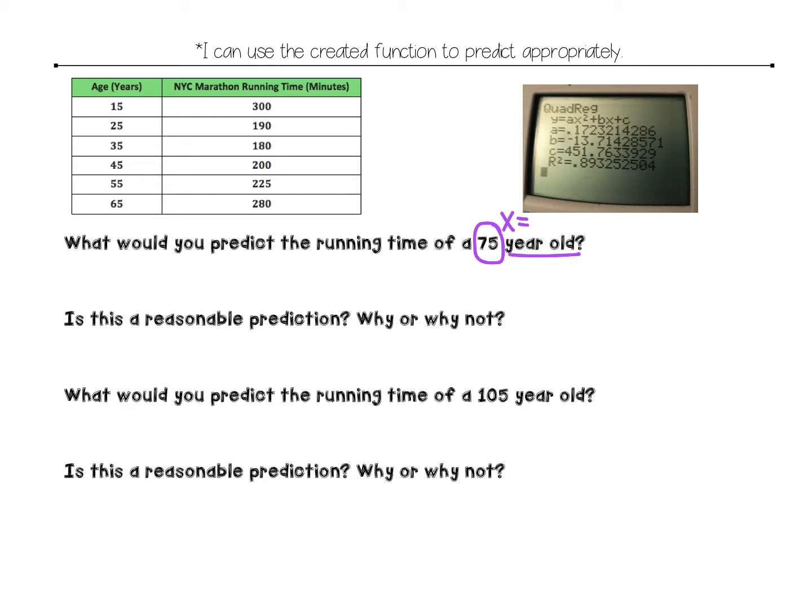So basically, it's asking when x is 75, what is the running time? So that's what we're looking for. That's where we're looking for y. So we're simply going to plug 75 into our function. So this is where I can say y equals